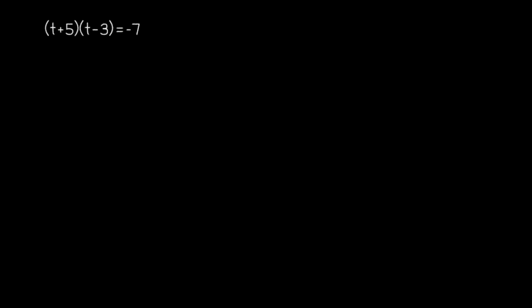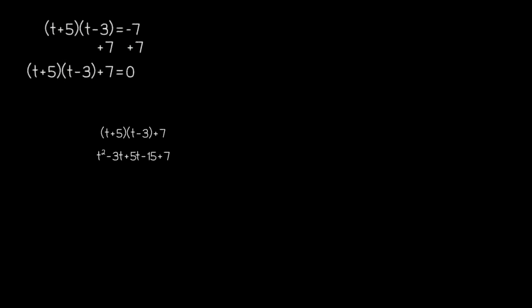This is actually quite easy to fix though. We can add 7 to both sides, and it will still be true. This means that the expression on the left side of our new equation is now equal to 0. There's still a problem though. Now that we've added 7 to both sides, the left side of the equation is no longer in the factored form. But once again, we know how to solve this issue. We can just convert this expression into the factored form.